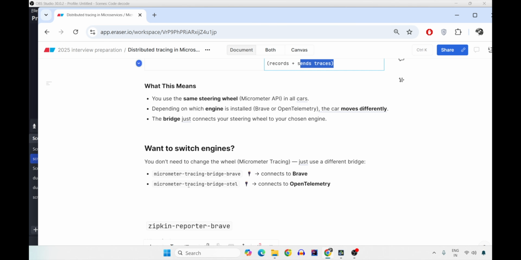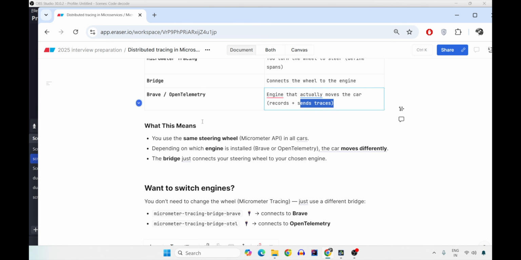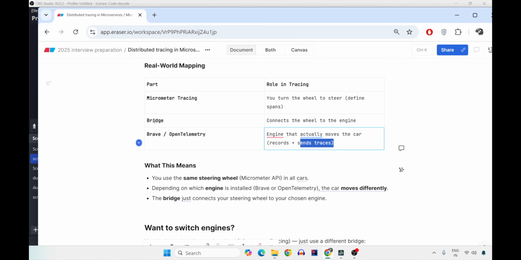So why have we differentiated, and why do we need the bridge? Why not directly use Brave? Why do you need Micrometer Tracing? Because of one of the beautiful design principles, abstraction. It says that you can use the same steering wheel, or the Micrometer API, in all cars. But based on the engine, your car moves differently.